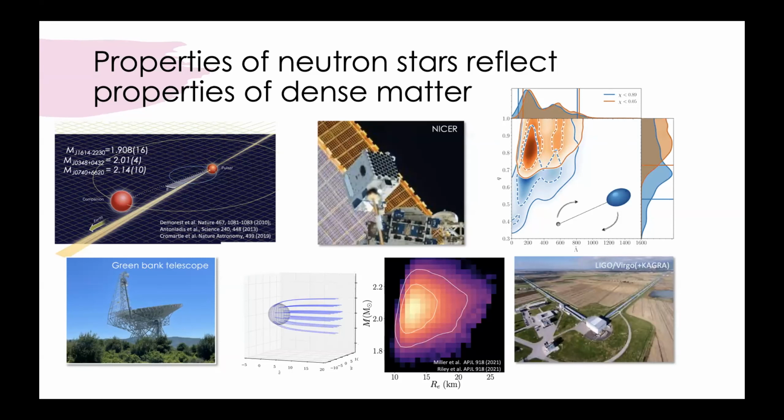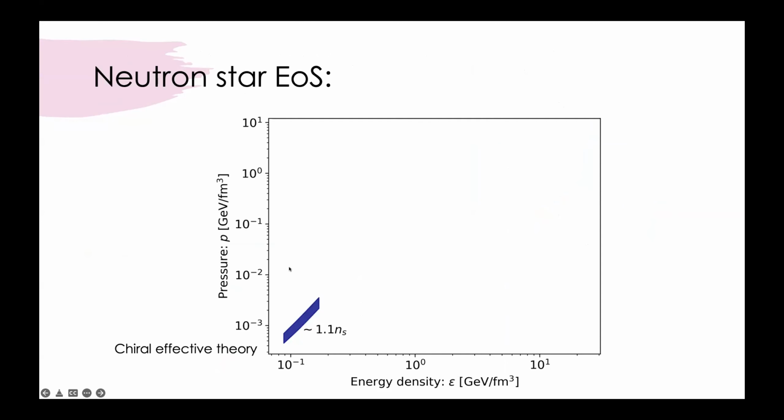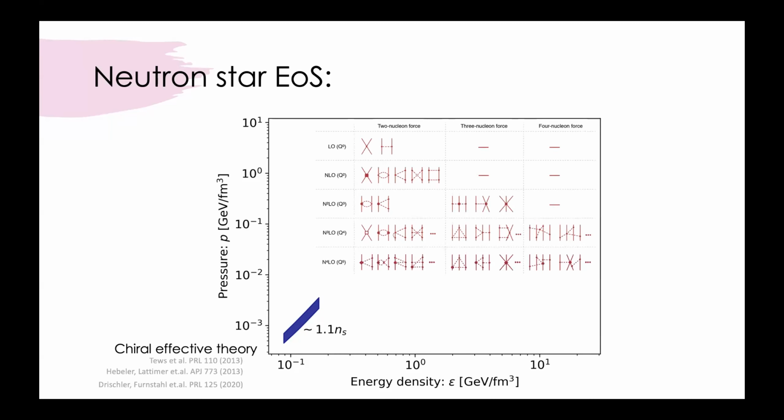What do we know from the theoretical point of view then? So we know the equation of state from nuclear physics up to roughly nuclear saturation density. That's the density, by the way, which is reached in large nuclei. And these calculations are very impressive. They are brought to high order in effective field theory calculations. You include interactions between nucleons order by order, adding the nuclear forces.